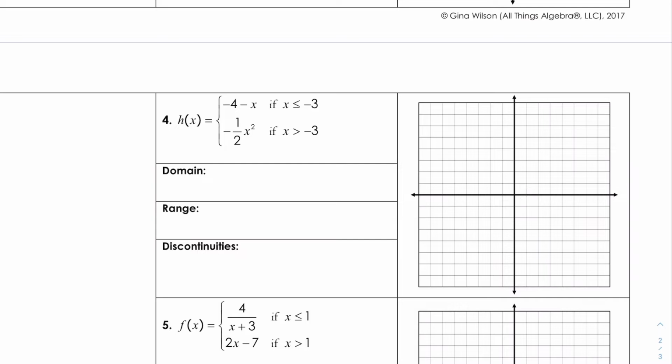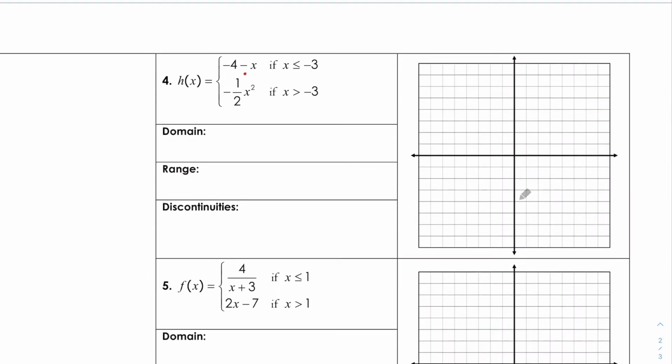Okay, for this next example, we're going to graph it again. We're going to do the domain, the range, and the discontinuities. With this x, since there's no power, it's just going to be a regular line, but there's a negative sign in front, so this means slope is -1. The -4 is the y-intercept. So we'll start this one at -4,